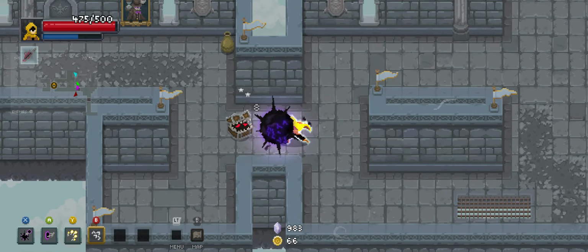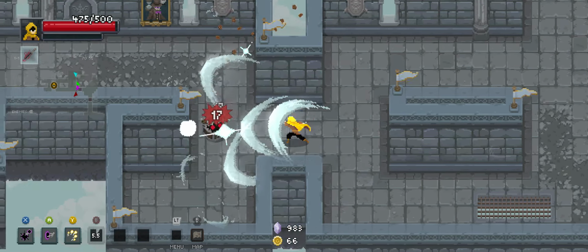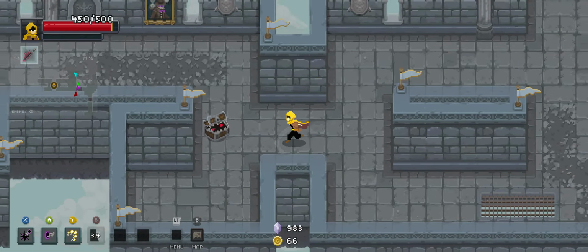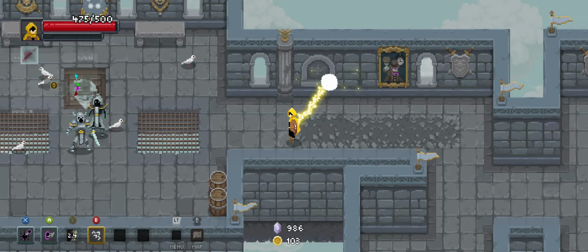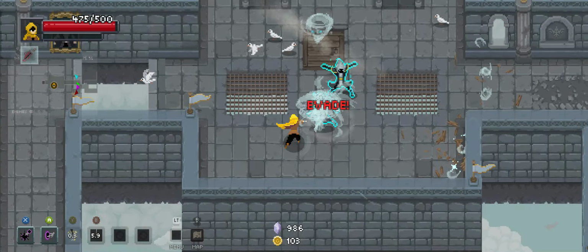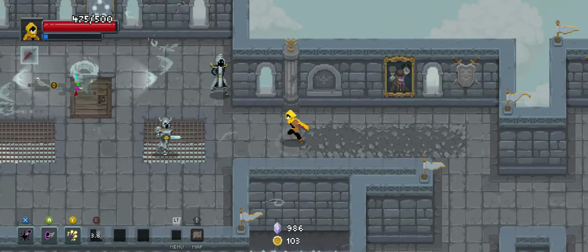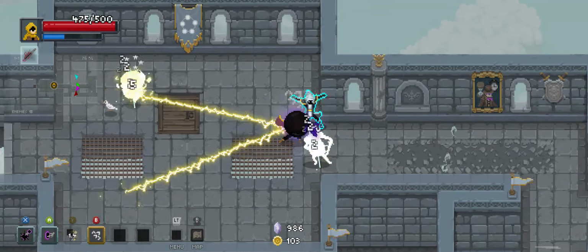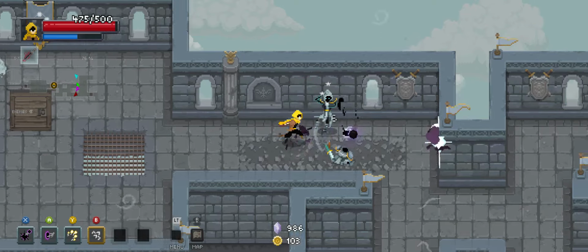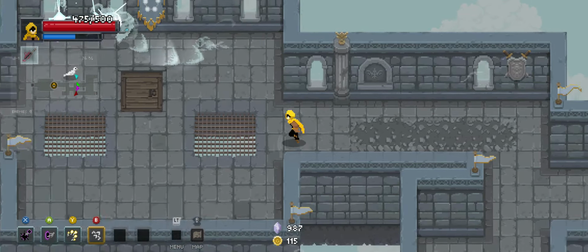Sucker. Ow. Yeah, that's what you get. You and your evading Zephyr. There we go. So,